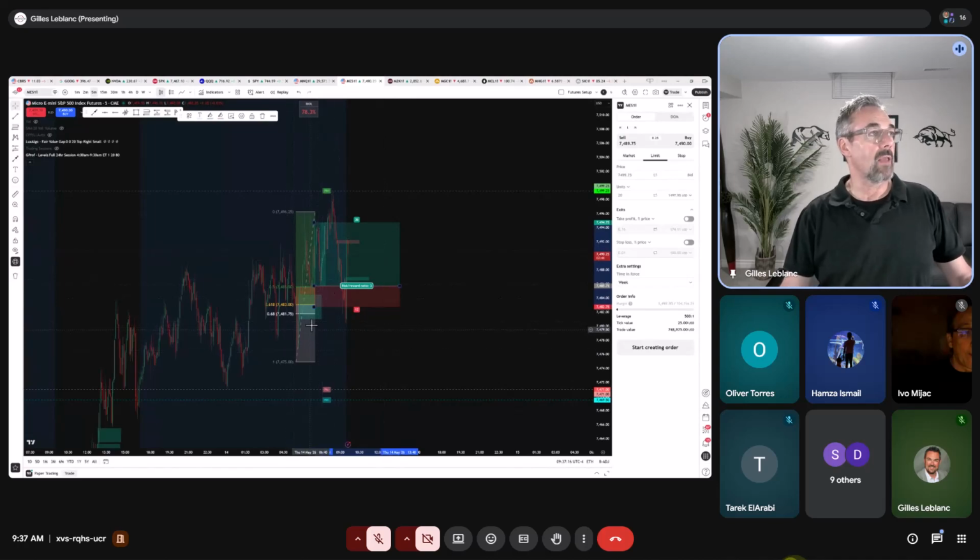I look for a fair value gap on the 5-minute. I want to see some buying. This one would have worked. It would have been very, very close to being stopped out, but would have worked on MES this morning. I didn't like it and did not take it.